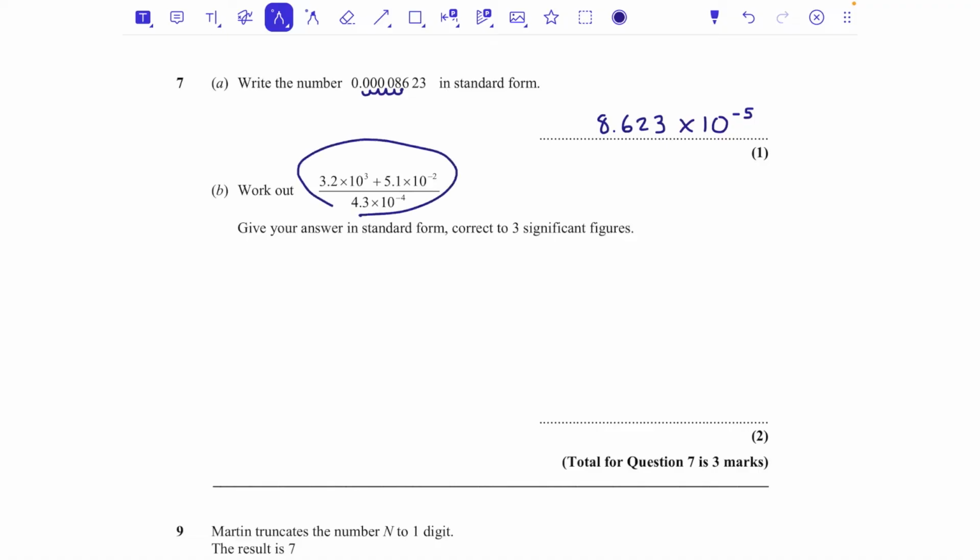And then for this one down here, 3.2 times 10 to the power of 3, add 5.1 times 10 to the power of minus 2, all divided by 4.3 times 10 to the power of minus 4. Now, I'm just going to type this in my calculator. So I'm going to use the fraction button. I'm also going to put each of those values in brackets just to make sure it does the right thing. So 3.2 times 10 to the power of 3. Shut the bracket, add, open the bracket, 5.1 times 10 to the power of minus 2. Shut the bracket, and then use the arrow to go down, and on the denominator we want 4.3 times 10 to the power of minus 4. Hit that equals, and I get